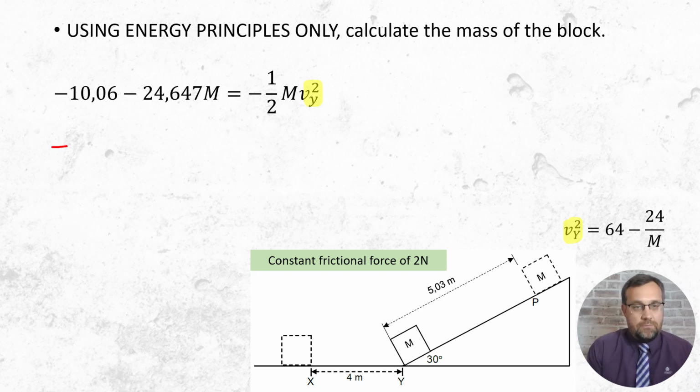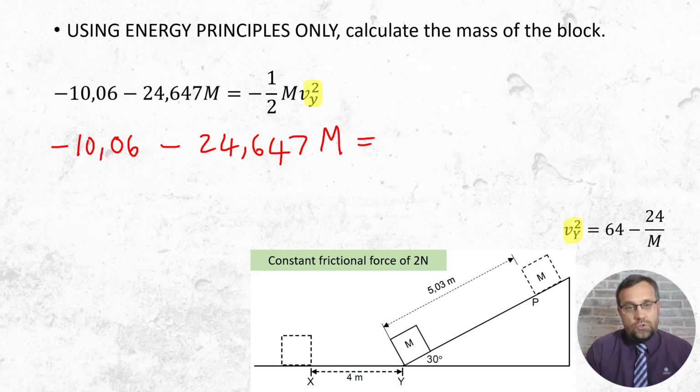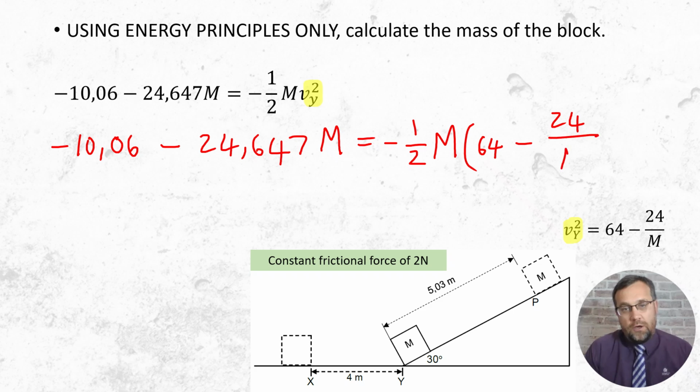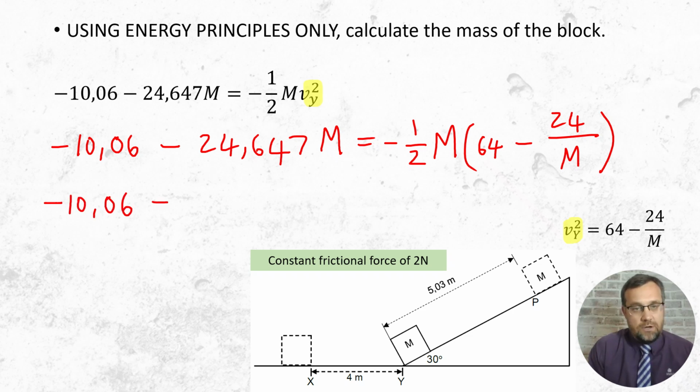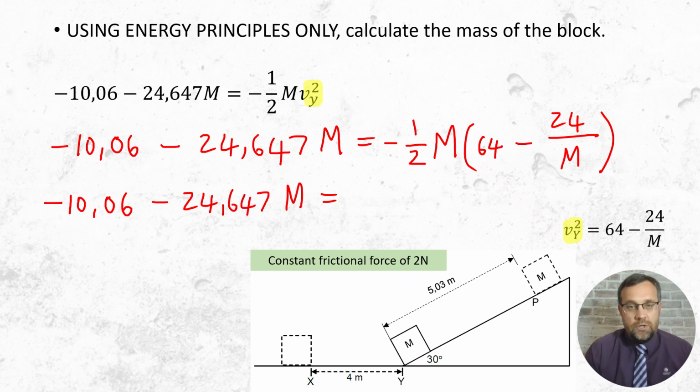So that becomes minus 10,06 minus 24,647 M is equal to minus a half M, and that is then 64 minus 24 over M. So that then becomes minus 10,06 minus 24,647 M is equal to minus